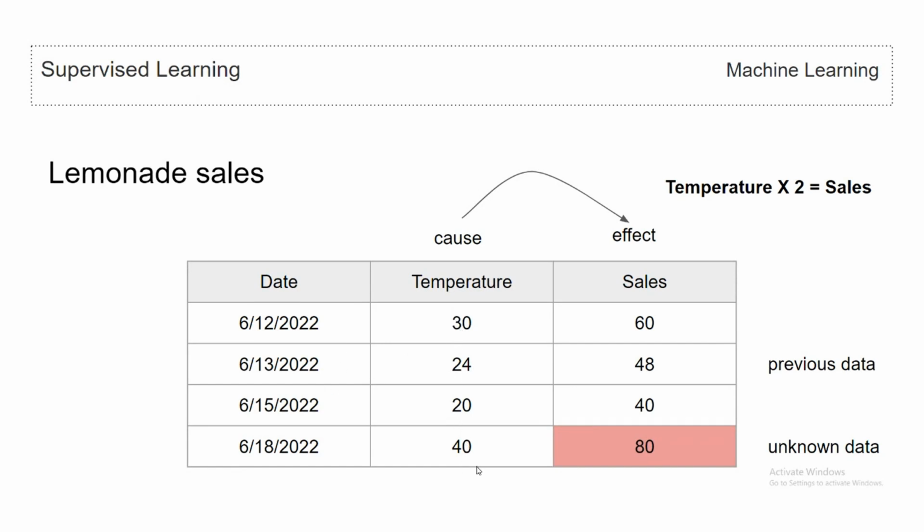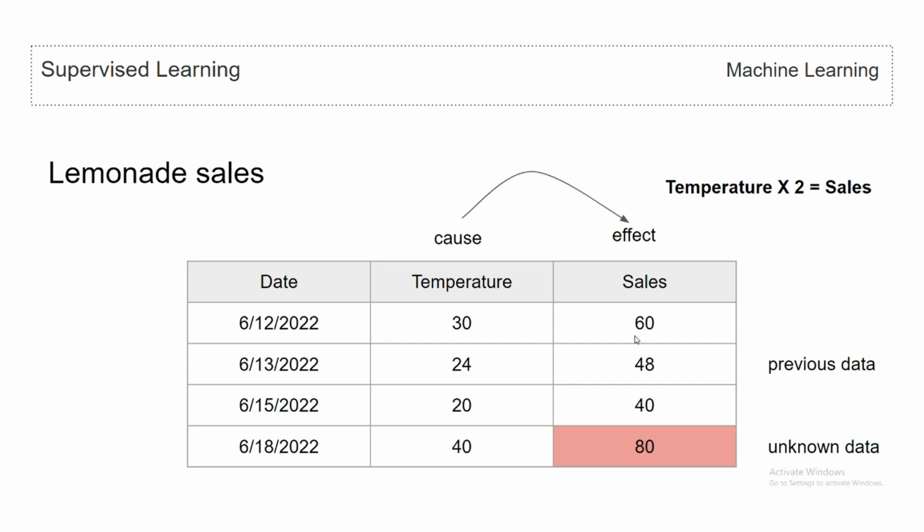And I'm assuming this is Celsius, but that doesn't really matter. And then over here, we have the effect, which is the sales of the lemonade. So how many lemonades you're able to sell in that day. And as you can see, this is a dependent variable because it's dependent on the temperature. And in this specific case, you can see that the sales are generally double the temperature, or temperature times